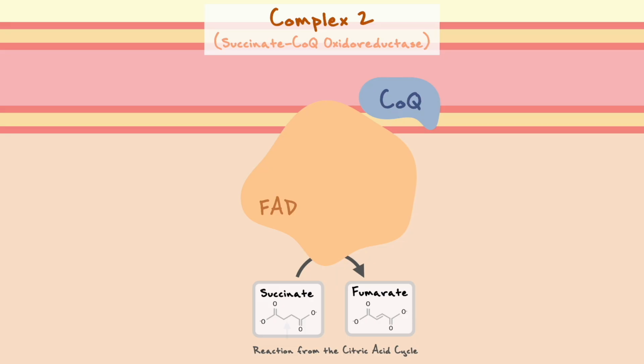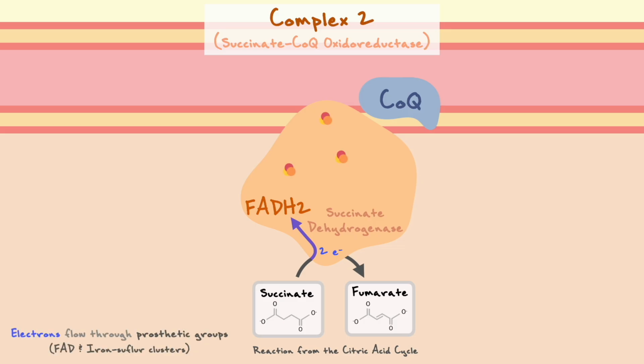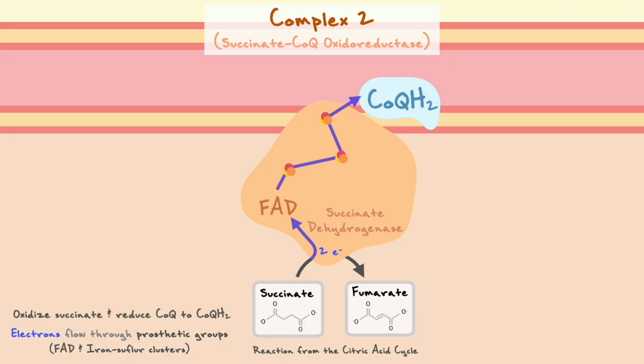In this reaction, the bond between the 2 carbons in succinate was converted to a double bond by the enzyme succinate dehydrogenase and released 2 electrons in the process that reduced FAD to FADH2. As you can see, succinate dehydrogenase is also part of complex 2. When it comes to what FADH2 does with the electrons afterwards, in a similar fashion to what we've seen with complex 1, complex 2 has a bunch of prosthetic groups including FAD itself and 3 iron-sulfur clusters. Here again, the electrons will flow from low to high reduction potential to reach coenzyme Q and reduce it to